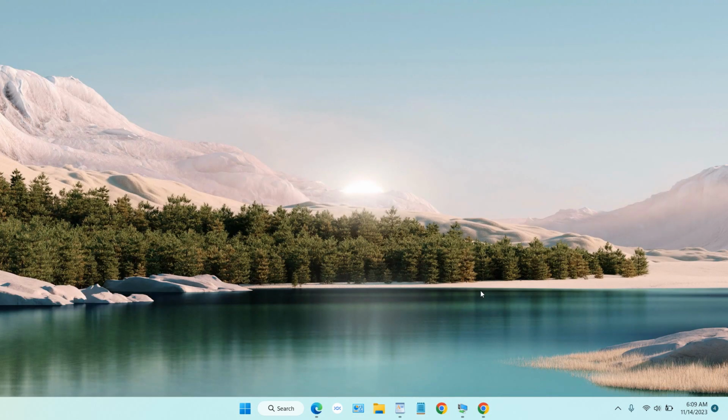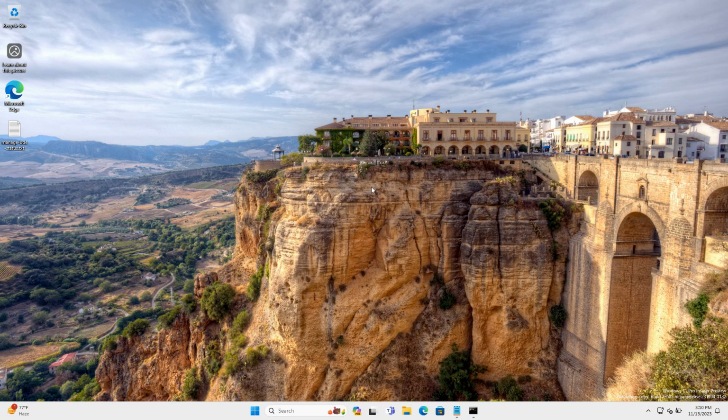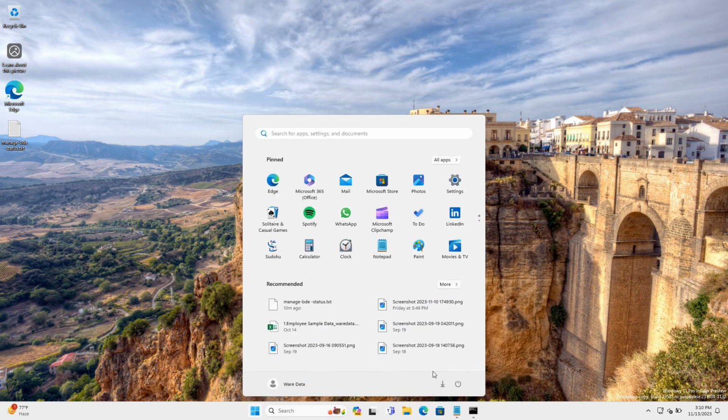Now the question is how it works on Windows 11 23H2, the newest version of Windows 11. And this is my Windows 11 23H2. The build is 23585 here, as you can see on the bottom right corner. If you don't see hibernate on the power button, and sleep is also not available here,